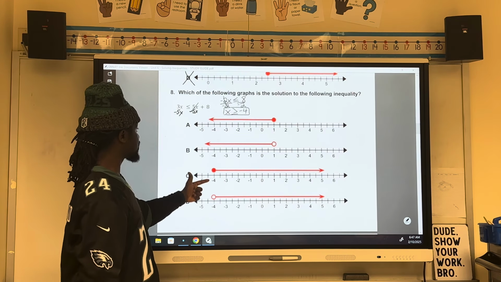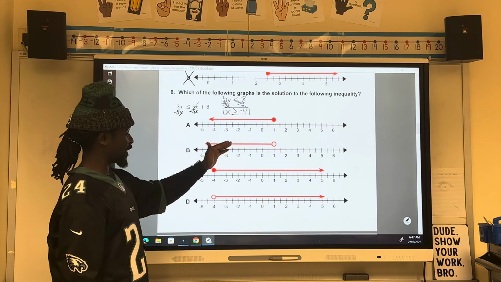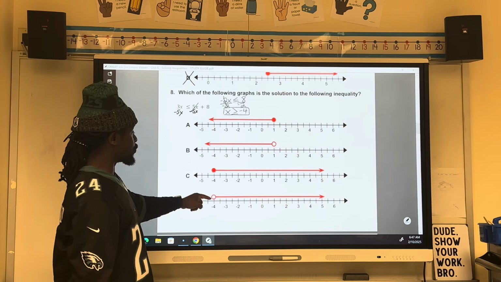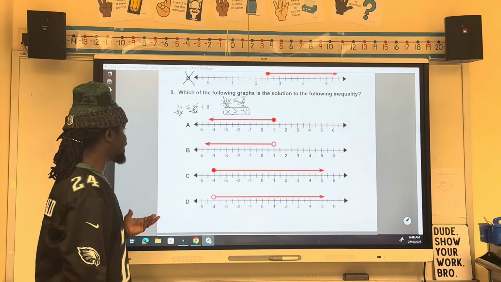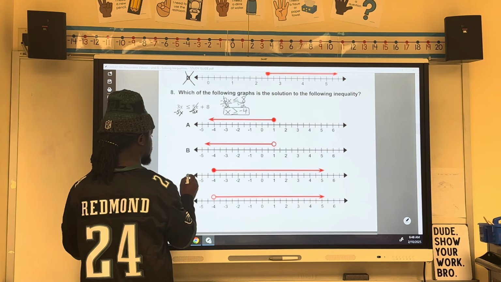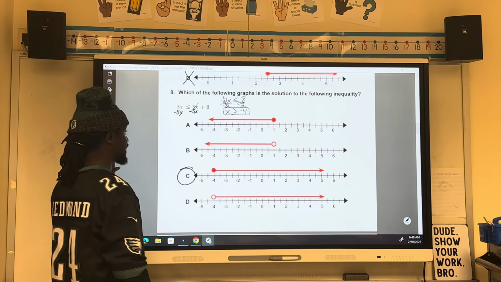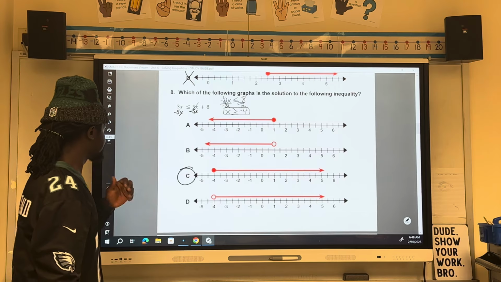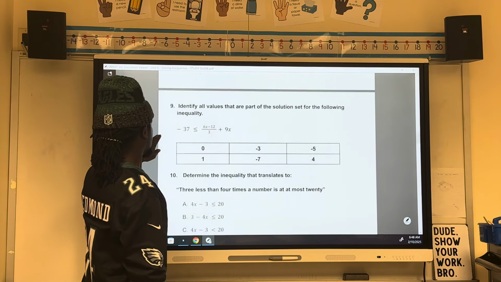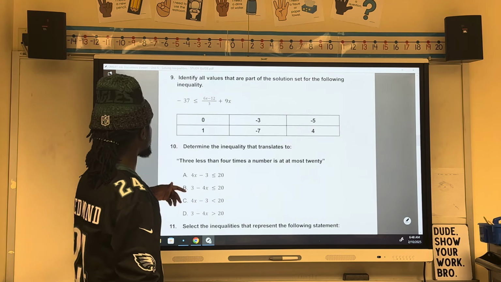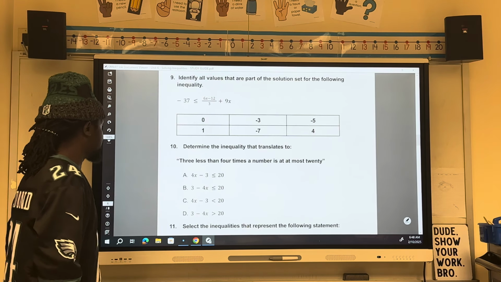Okay, so it's between this one and this one, and then it's shaded greater than, but is it an open or closed circle? Well, it is closed because it is also equal to. All right, so our answer there is C. All right, so for this next one,